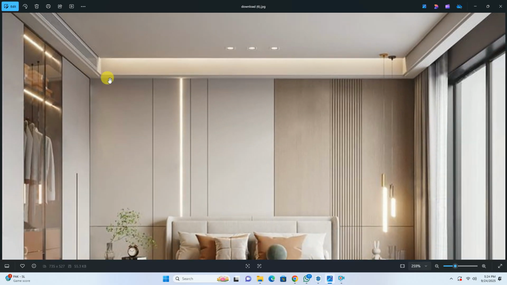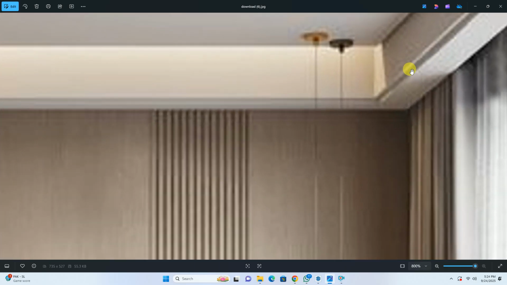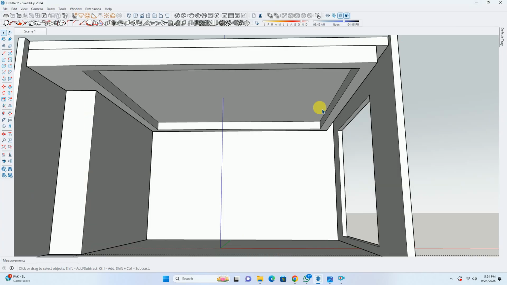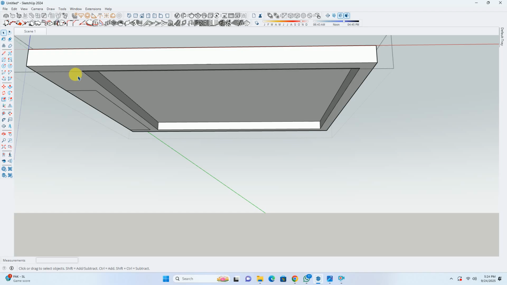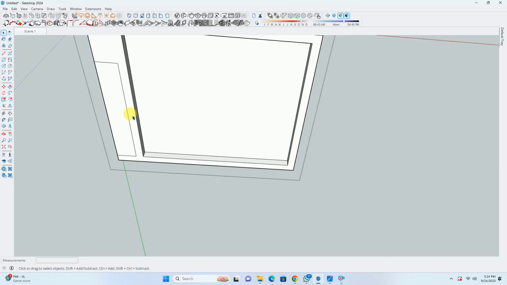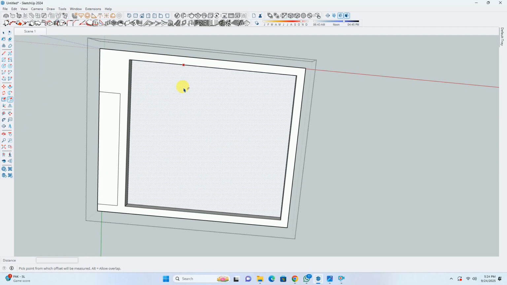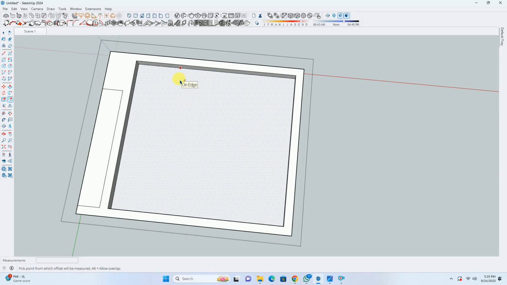Now what we are going to do is, we can see that there is a hairline gap between this, and there is a drop kind of thing at this corner, right? For creating this kind of thing, we'll again go to this false ceiling. Then we'll apply an offset on this inner surface of 1 inch, inward.